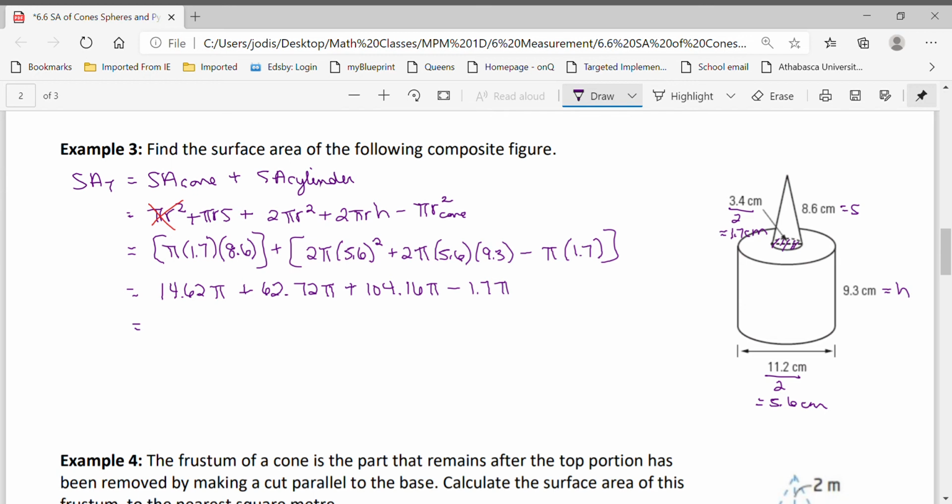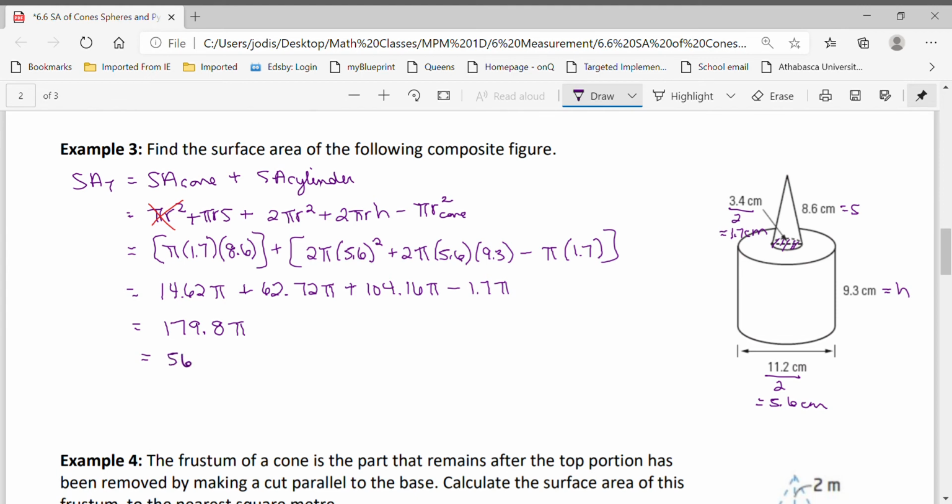All right, so now I'm going to do 14.62 plus 62.72 plus 104.16 minus 1.7, and that gives me 179.8 pi. And then I'm going to multiply that whole thing by pi,